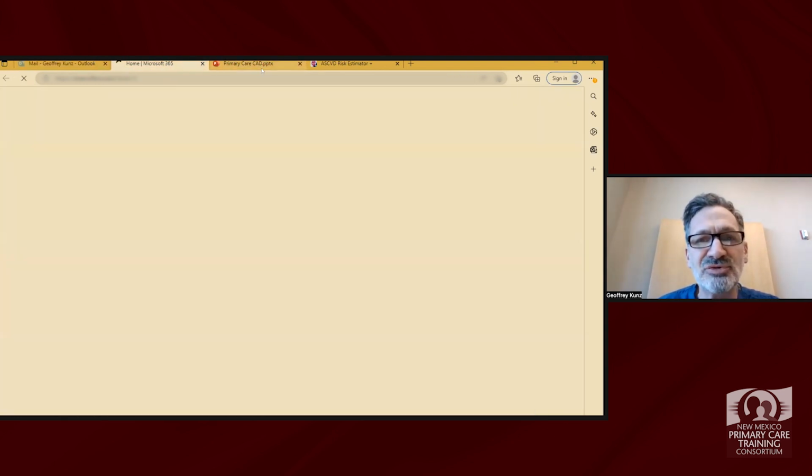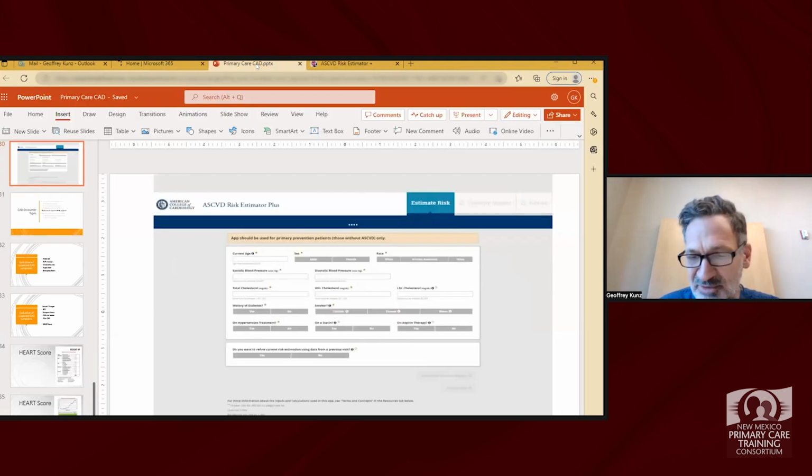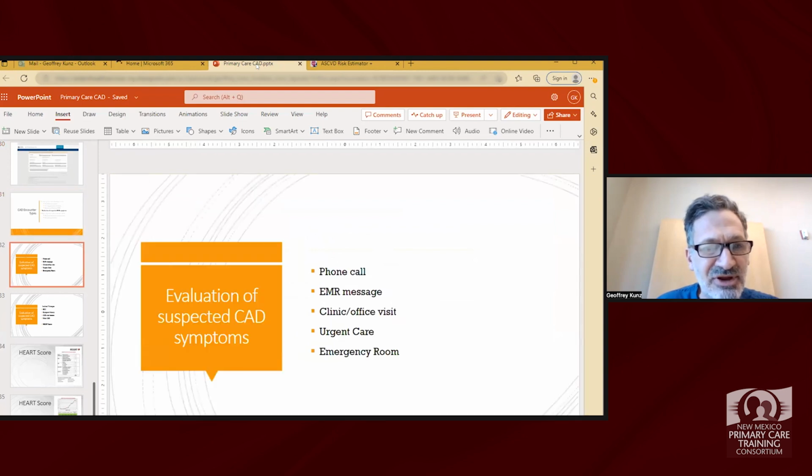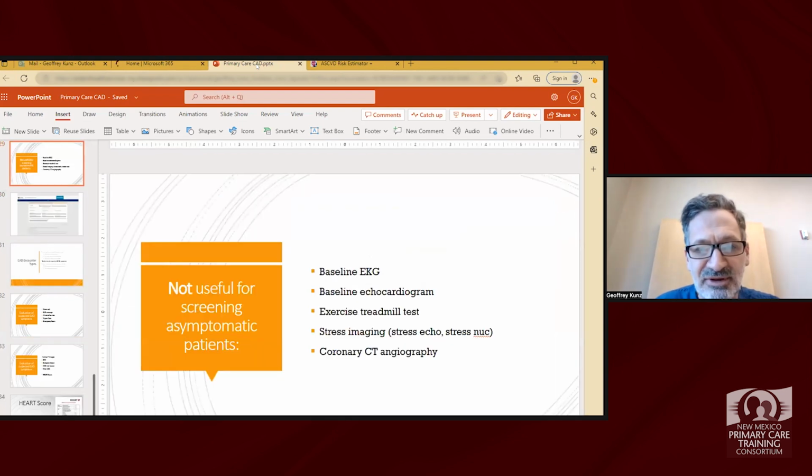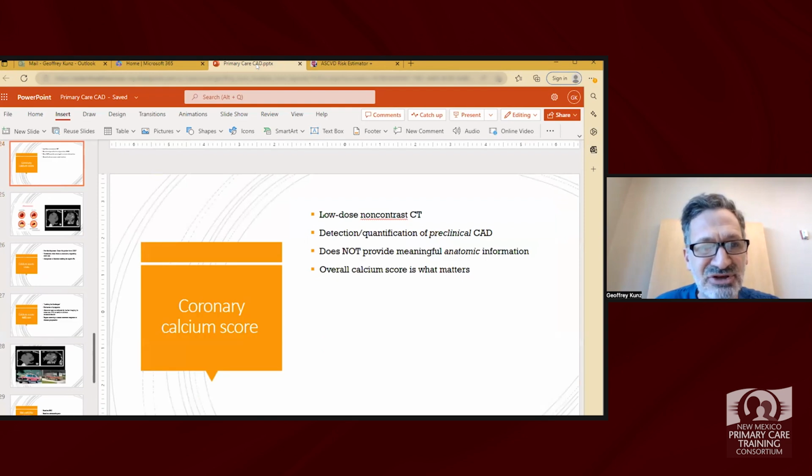I wanted to really focus on primary prevention, and I think I've burned all of my time talking about primary prevention. So I'm going to omit things I was going to touch on, which was care of the post-event patient and also what to do in the office for triaging people presenting with symptoms. What I do want to say, I'm going to skip to my final couple of slides here,